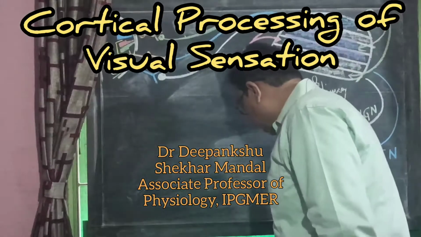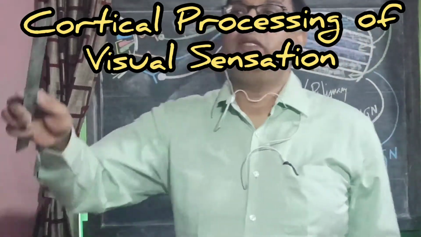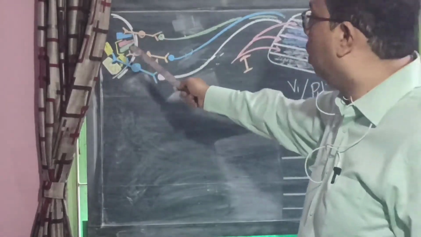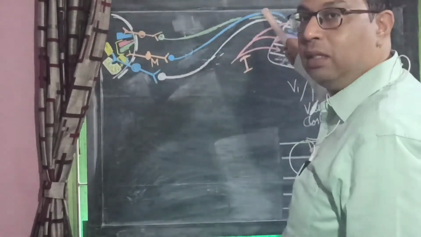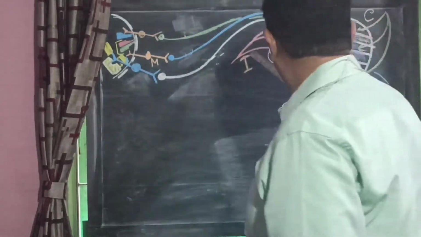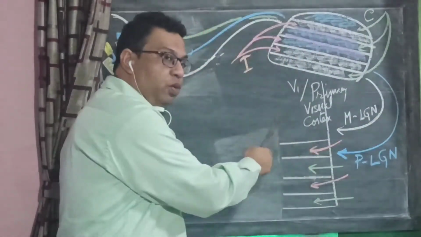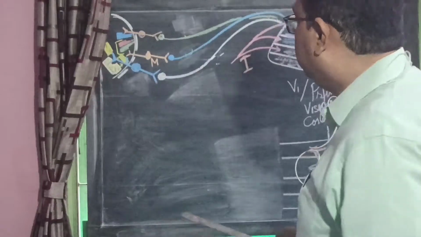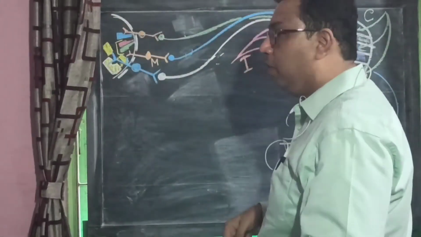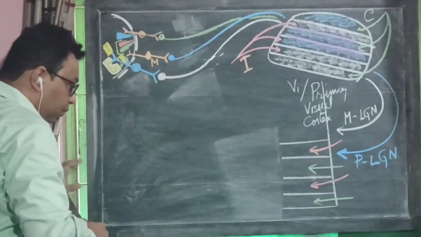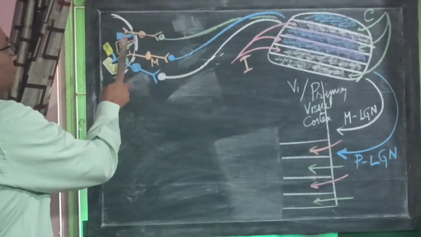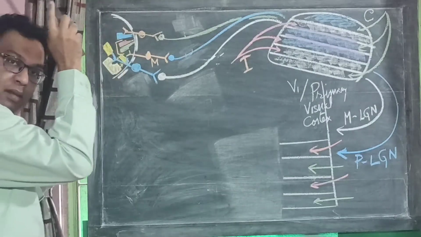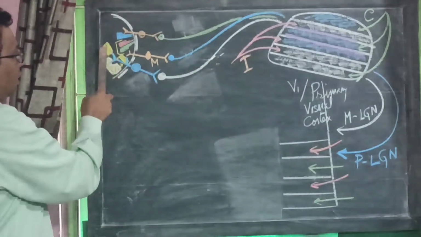Hello everyone. Today we are going to discuss how the external visual world is processed by the various neuronal components of the eye, the tract leading into the brain, components of the brain, and the primary visual cortex and the other visual cortexes. So what we see, as you remember from the previous class, is a representation of the retina, and here we have the cones corresponding to L, M and S, and here we have the rods.